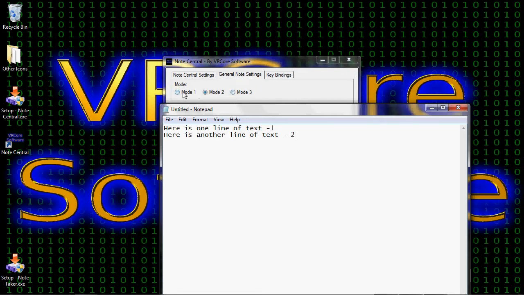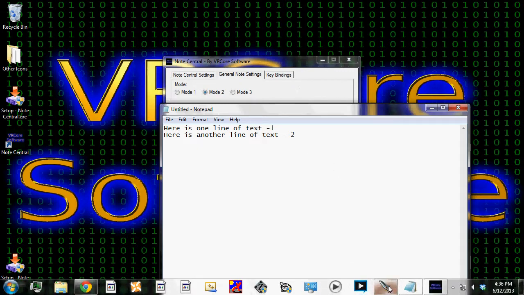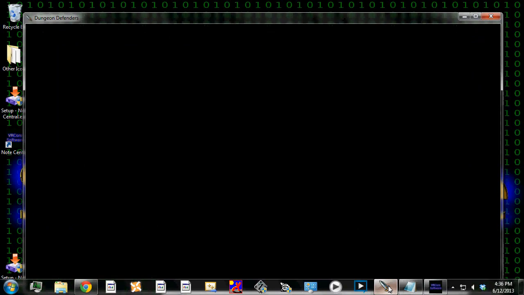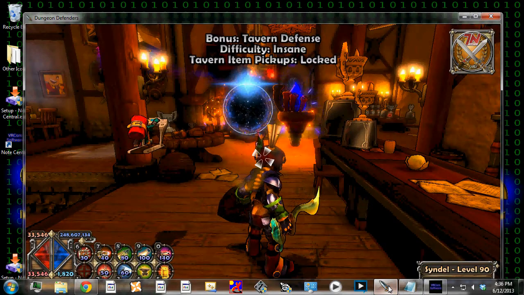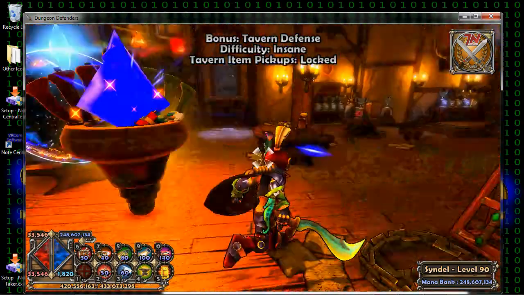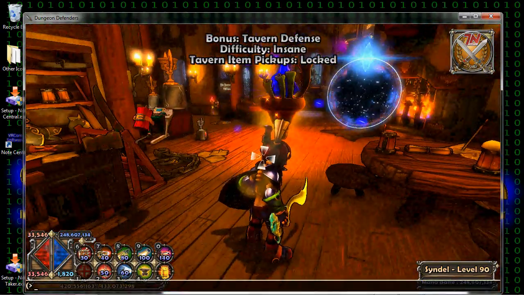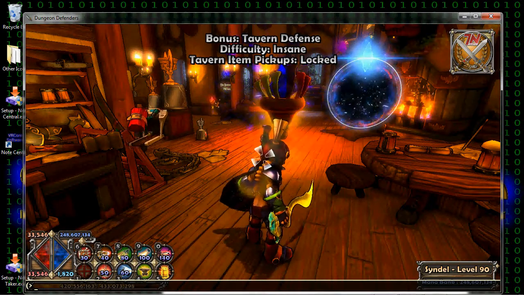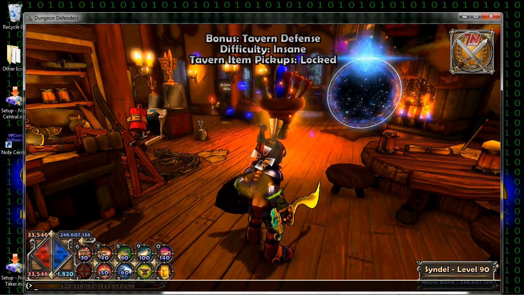Mode 1 is the weirdest one, and it's for those rare cases in certain programs where you can't actually select the text, but simply pressing cut captures that text. Just as one example, I have a game here that I love to play called Dungeon Defenders by Trendy Entertainment, and this game has a chat system. If I bring up that chat system, as you can see it there down at the bottom of the screen,